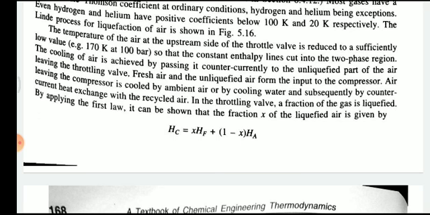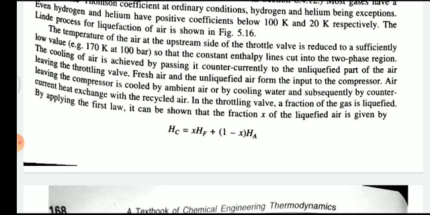The temperature of air at the upstream side of the throttle valve is reduced to a sufficiently low value, like 170 Kelvin to 100 bar, so that the constant enthalpy lines cut into the two-phase region, and the cooling